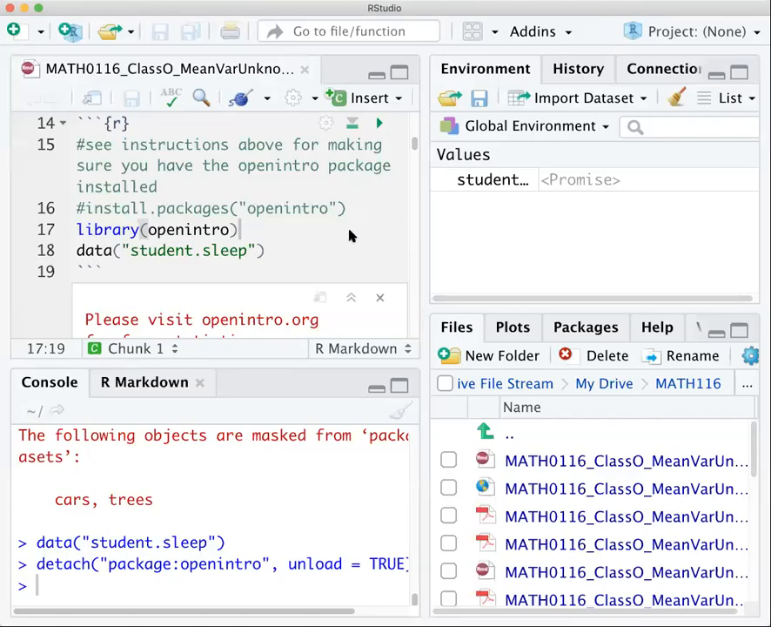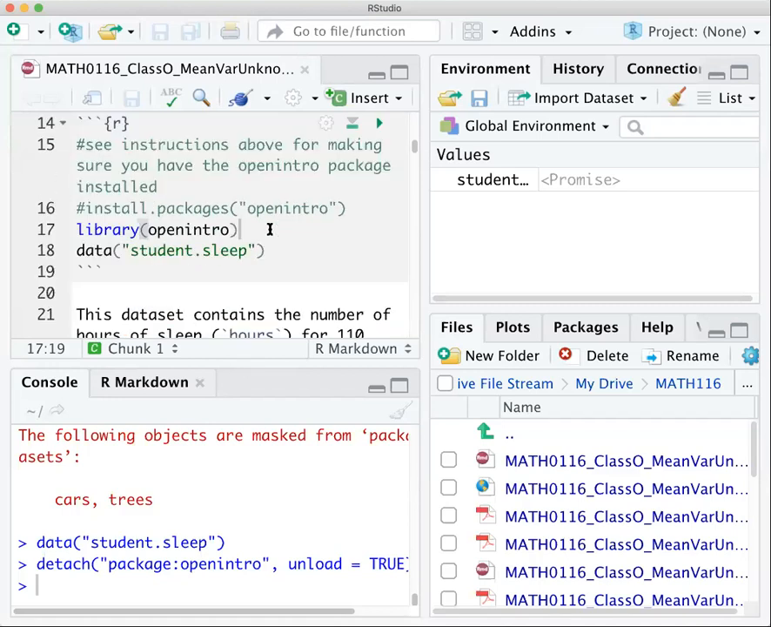So I've had some students with issues with the openintro package not being available, which means that it doesn't recognize the student sleep data or the data that we use down below. And so what you'll need to do is install the openintro package. There's a couple different ways to do that. So one is that you can take this code, install.packages, and then in brackets, openintro, and type it down